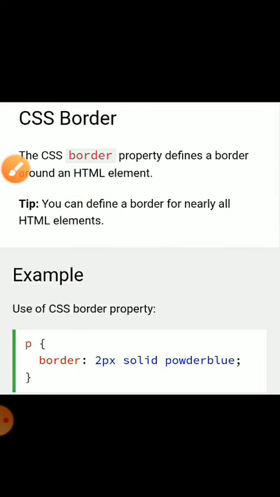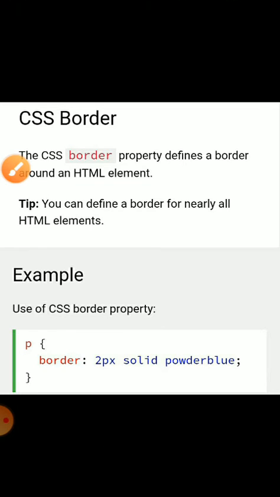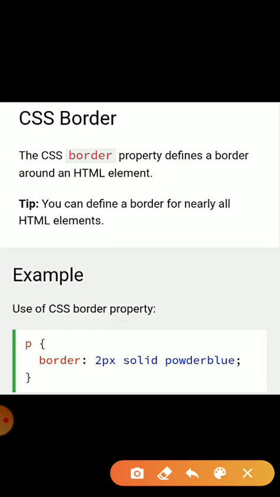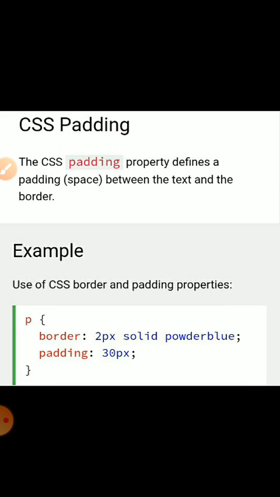Okay, so use the CSS border property: paragraph, then curly bracket, border 2px solid blue, then semicolon and closing the curly bracket.